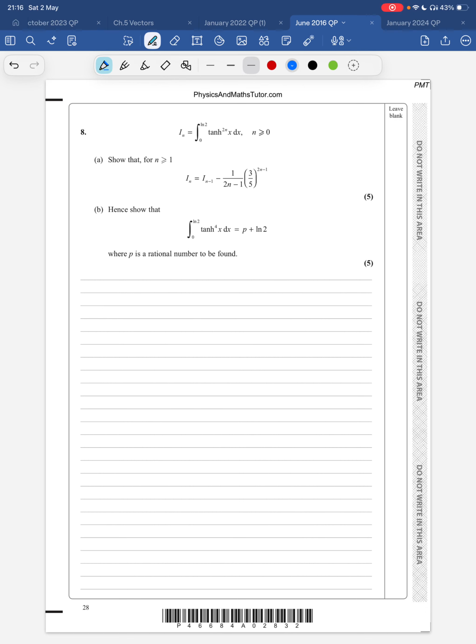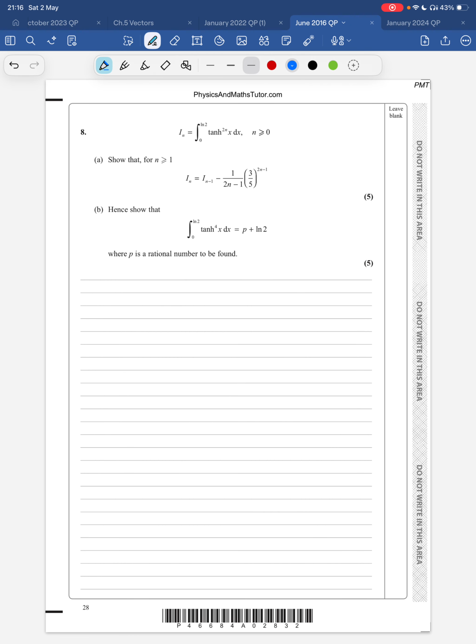Okay, so this is the International A-Level FP3 June 2016 question 8. This is a reduction formula question, and it's a tricky one at that. So how do we start? First of all,